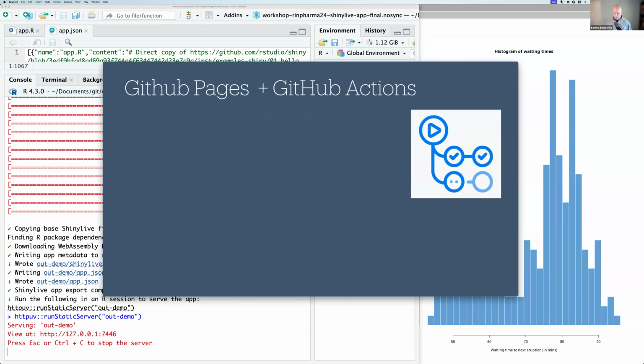So GitHub Actions, I've been talking about this, but I haven't actually introduced it. GitHub Pages is a thing that GitHub allows for on every public repo, or private if you do that. But today we're talking about public repos, and they basically just say, given your repo location, we will either use that single file or we will use a branch, and we will post that for you for free.